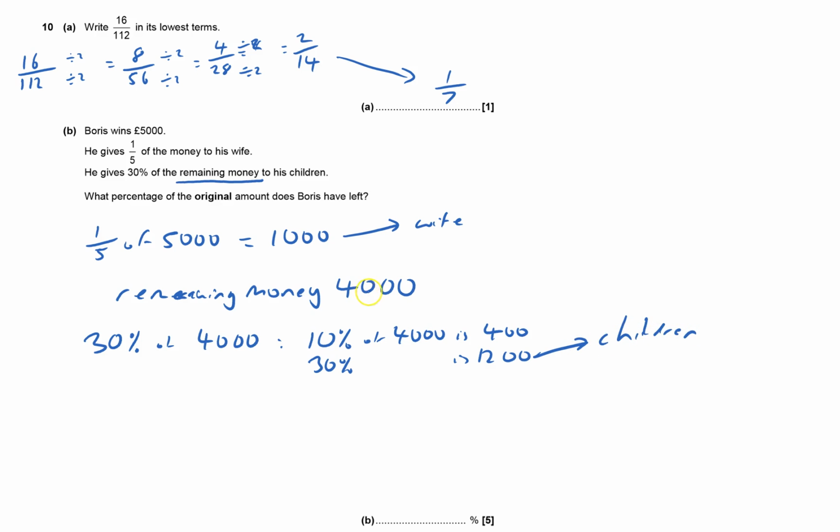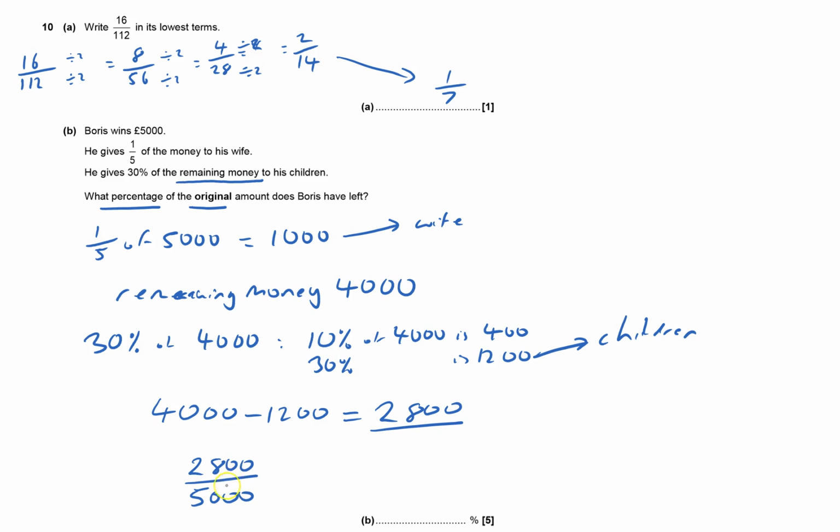So he's now got left, he has got 4,000, that's what he had before, and he's got to take away that 1,200 because that goes towards children, and that will equal 2,800. But that's not it. It says what percentage of the original amount does he have left. So he's got 2,800. He originally had 5,000. Quite worthwhile seeing he's got just over half of it,